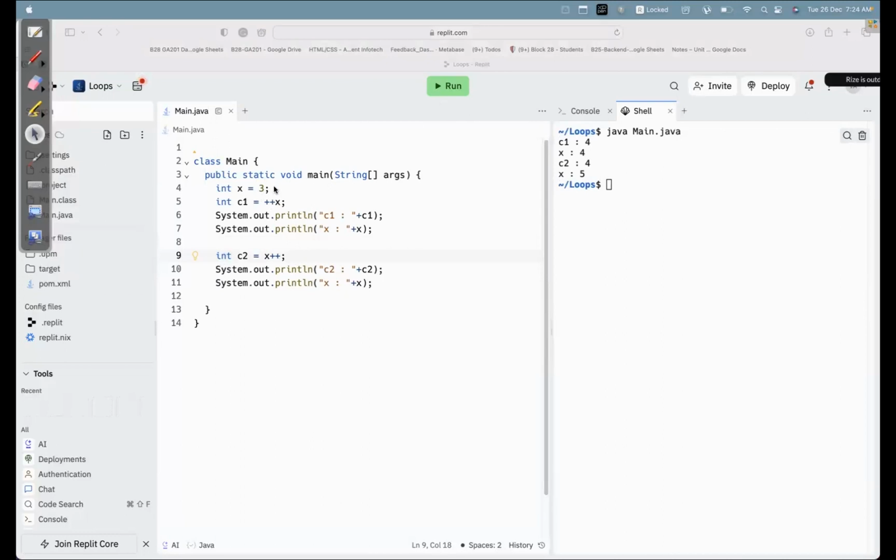So basically here in this one, what will happen? X equal to 3 and C1 equal to plus plus X. Now X will become 4 first, then it will give the value 4 to C1. So now both become 4, 4. C2 is equal to X plus plus. So what will happen? See, X value is right now